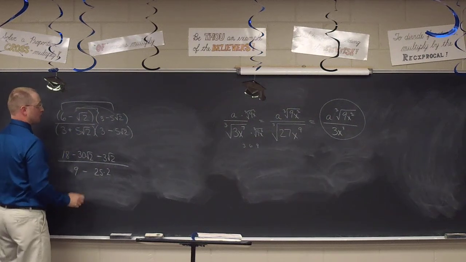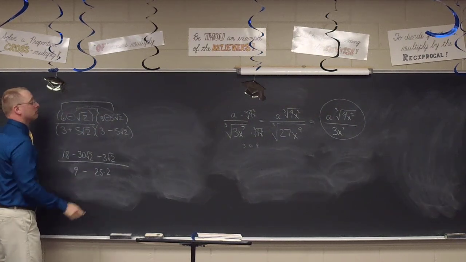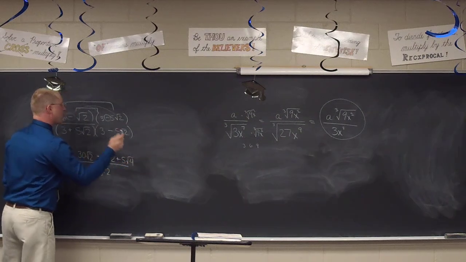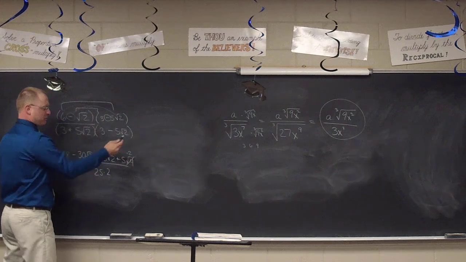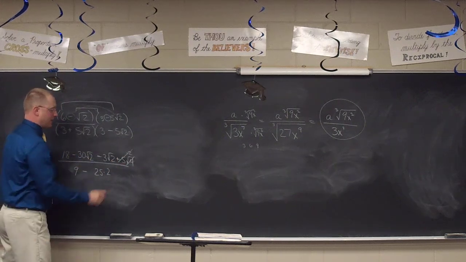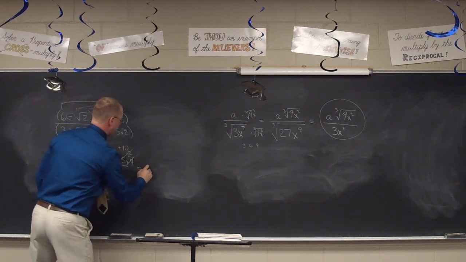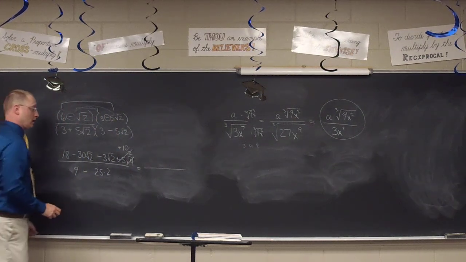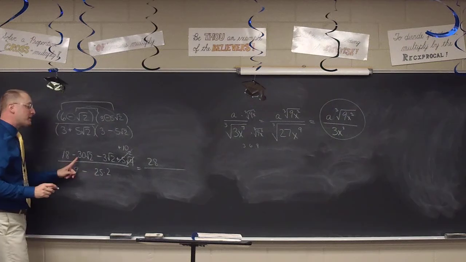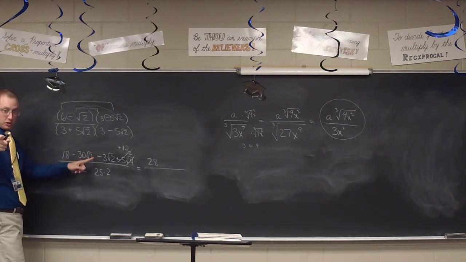Negative 5 times the square root of 4. Positive 5 times the square root of 4. But what is the square root of 4, Lana? 2. So it's really 5 times 2, or in other words, that's just a 10. Then I can do a little bit of combining here at the top, and 18 combines with the 10, Josh. 28. And the negative 30 square root of 2 and the negative 3 square root of 2 gives me